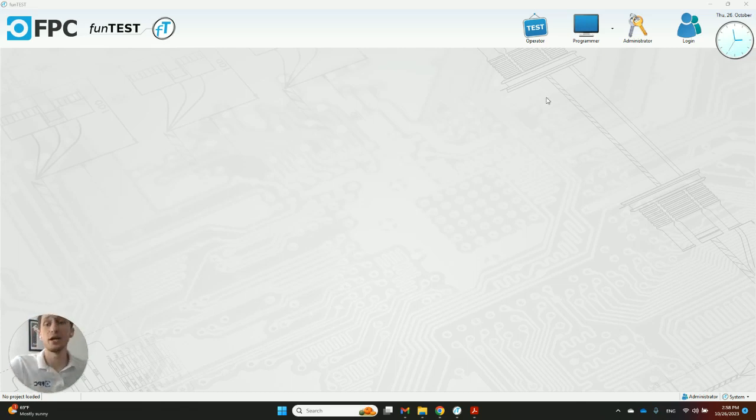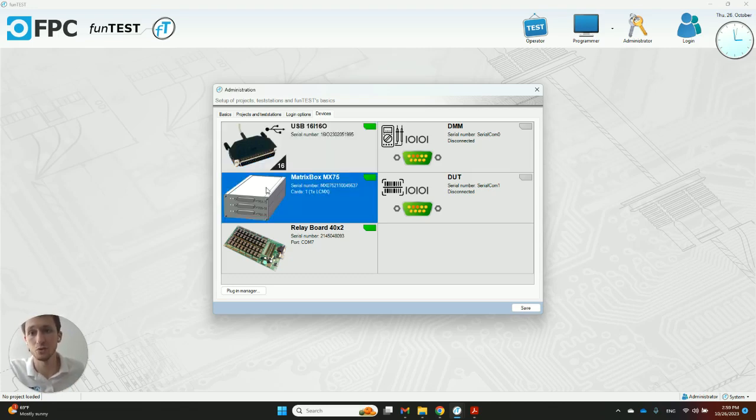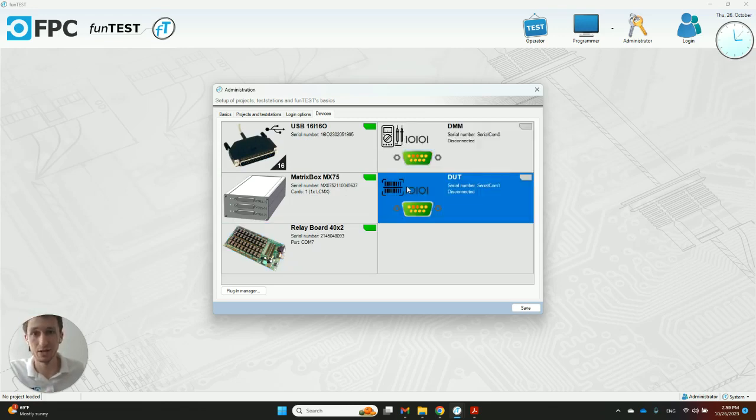First, we'll take a look at how to connect the hardware that you need to perform a test, such as digital input and outputs, data acquisition system, and anything else specific to your test setup. Funtest is an open plugin architecture. This means it's easy to integrate any type of devices. We already have an extensive library of plugins that supports various equipment, and it's easy to develop a custom one if you need to. For this example, I'll be using digital input and outputs, switching system, relay board, multimeter to perform our measurements, and then finally our device under test.